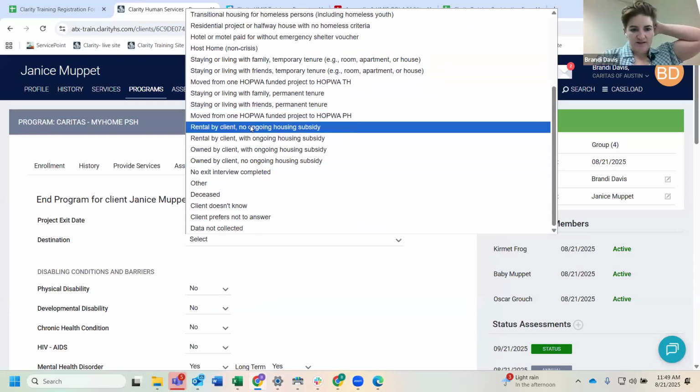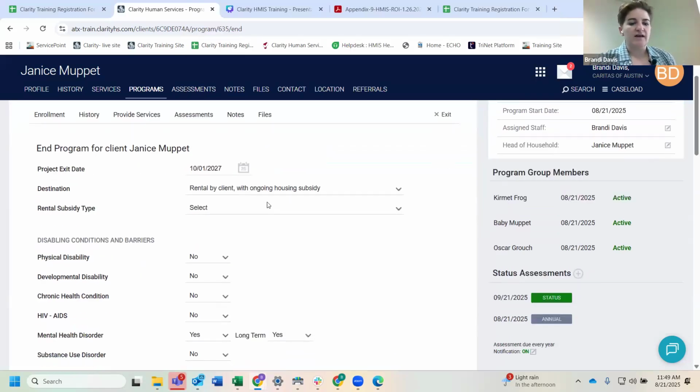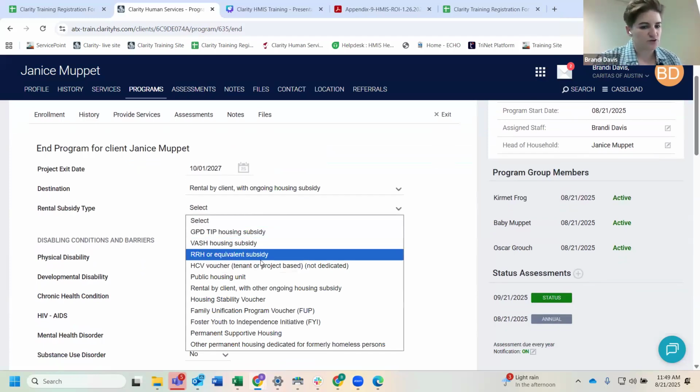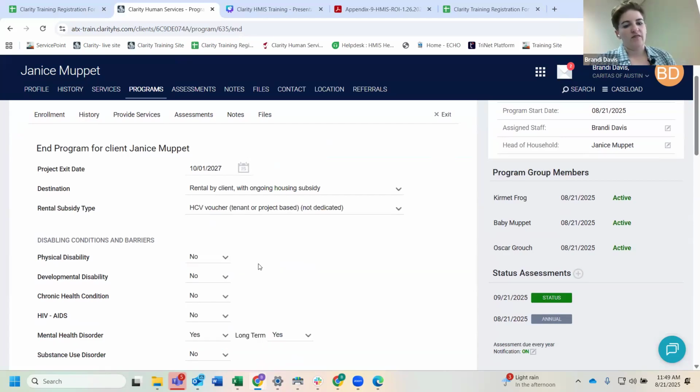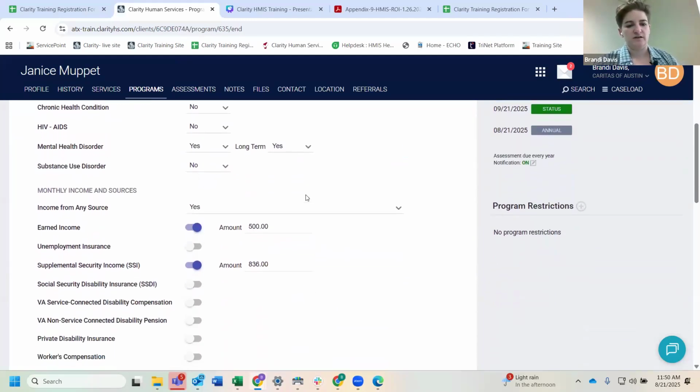So I'm going to say they're exiting into housing. I'm going to say rental by client with an ongoing housing subsidy. And then for rental subsidy type, we'll say a housing choice voucher. So I'll click on that. And then at the time of exit, we do want to double check that nothing has changed for the client at the time they're exiting, if we're able to. So we want to go back through disability, income, and non-cash benefits just to check on that.